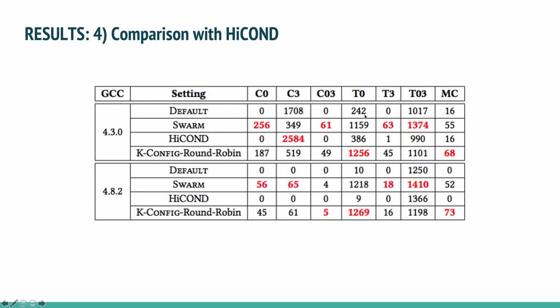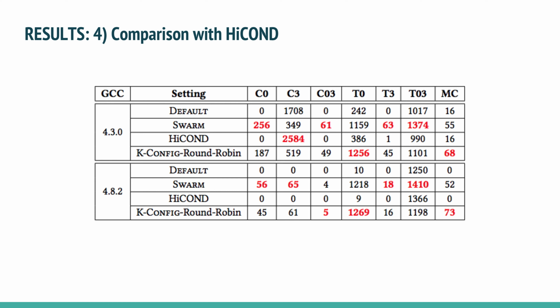For timeout, kconfig detects the highest number of timeouts in optimization level 0 and in optimization level 3, and in both optimizations, swarm followed by kconfig find the highest number of timeouts, then HiCOND. So in this section we only consider GCC 4.3.0 and GCC 4.8.2 to compare HiCOND and kconfig, because